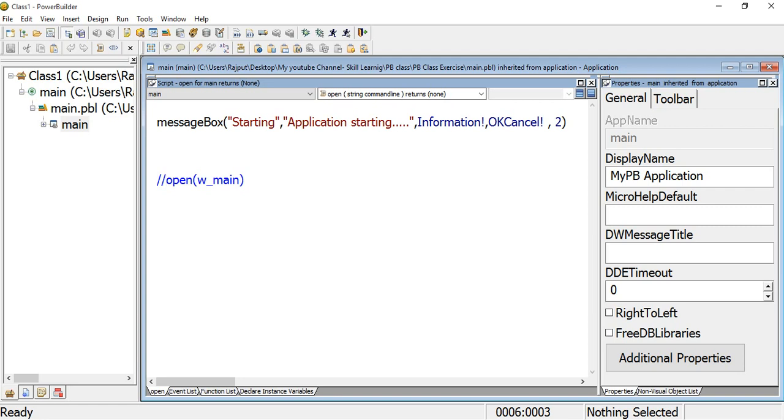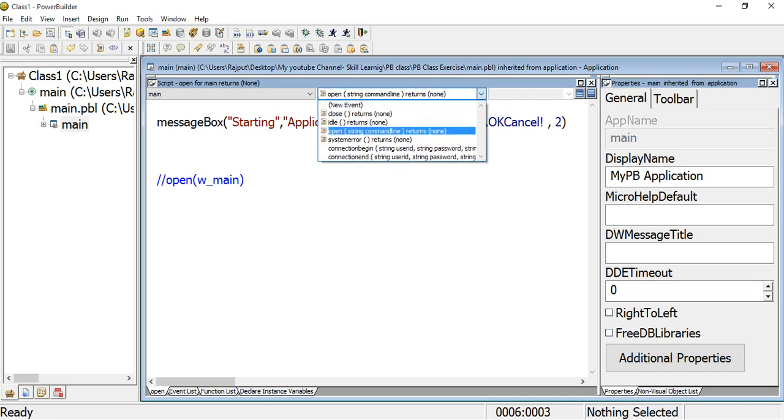You should know the five main arguments that I already discussed with you. This is the application label, whose properties you can define, and you know the six events, of which these are the main four.